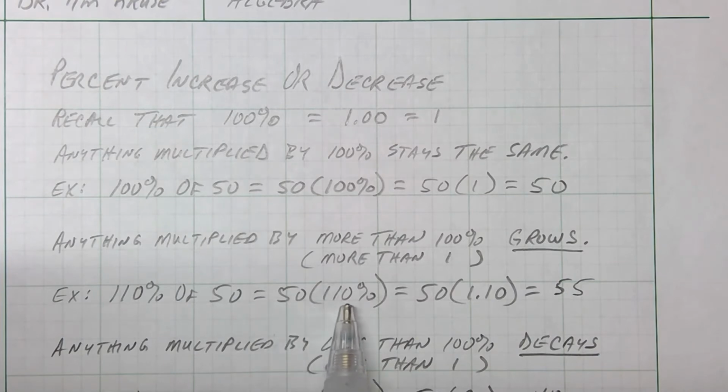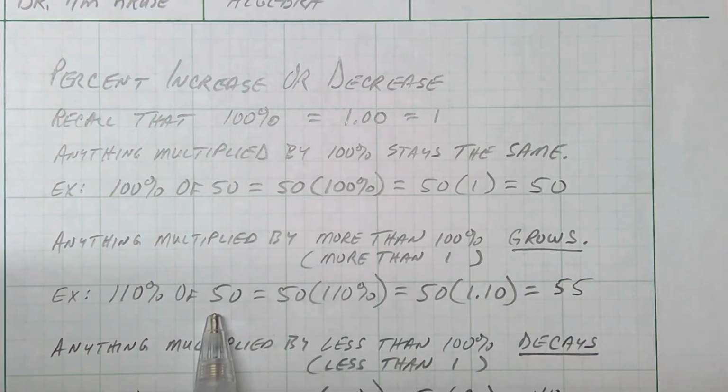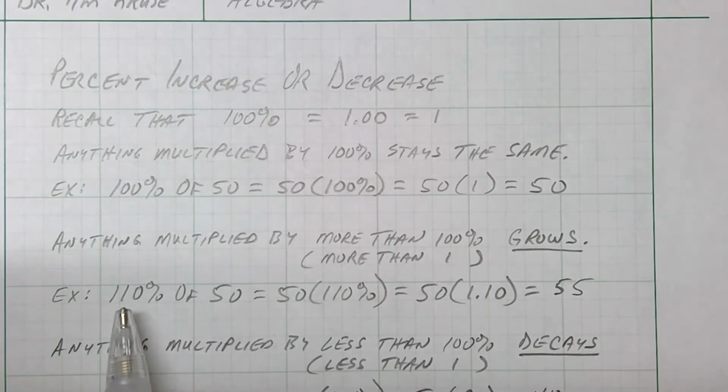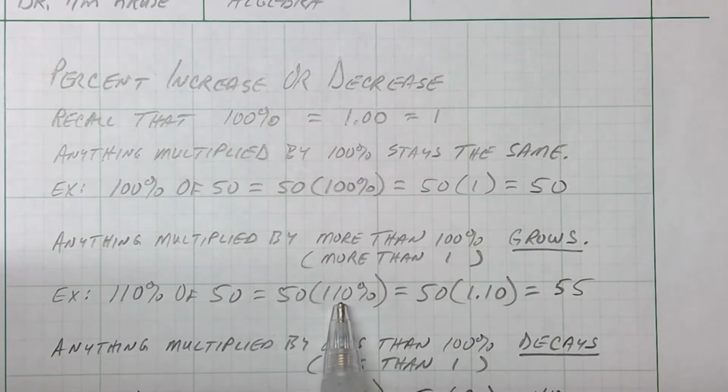So this is 50 times 1.1, which is 55. So we started with 50, and we ended up with 55. It grew. This is growth, all right? Because we took more than 100%. If you multiply it by more than 100%, or more than 1,